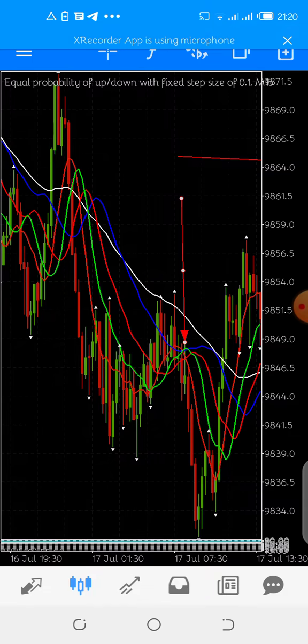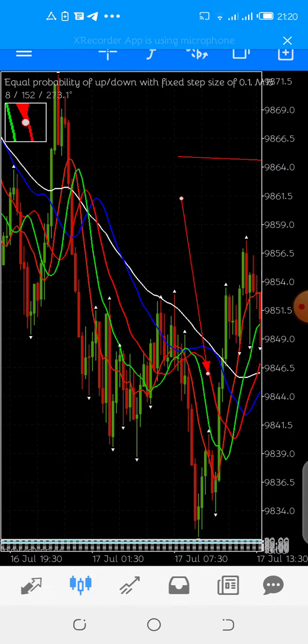Like the next candle that came started on halfway of this candle, but the fractal here has